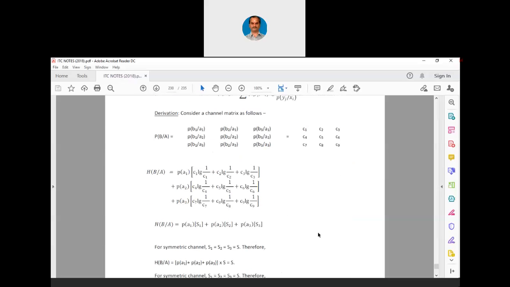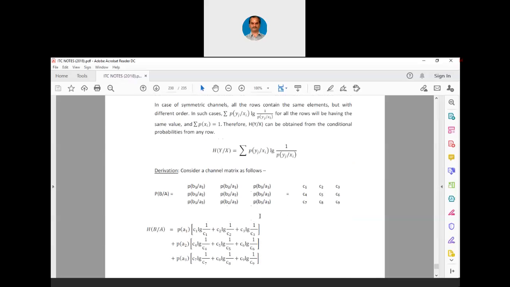Now, there is this derivation. Consider a channel matrix as follows. P of B slash A, all the conditional probabilities are given now. It may contain B1, B2, B3 at the